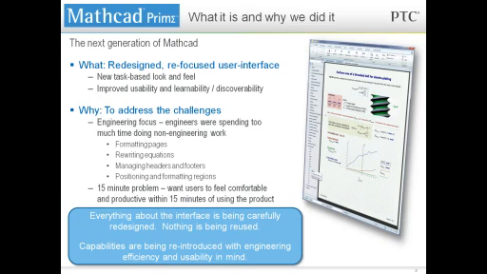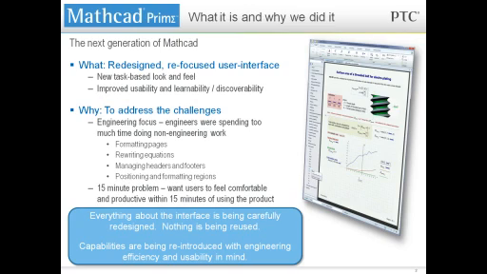We've refocused our energy on making it more task-oriented, more user-friendly and easier to learn, so that anyone could conceivably open up Mathcad Prime and within 15 minutes be able to be productive and solve a basic type of problem. So we don't want anybody to struggle once they start to use Mathcad,